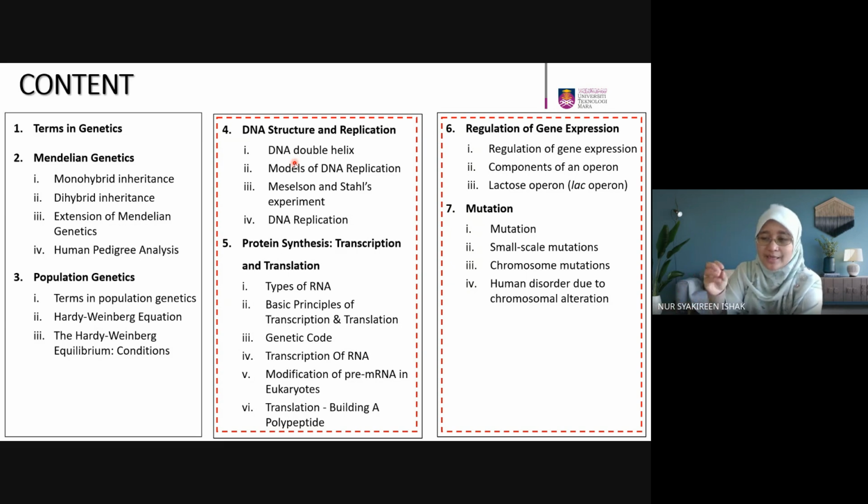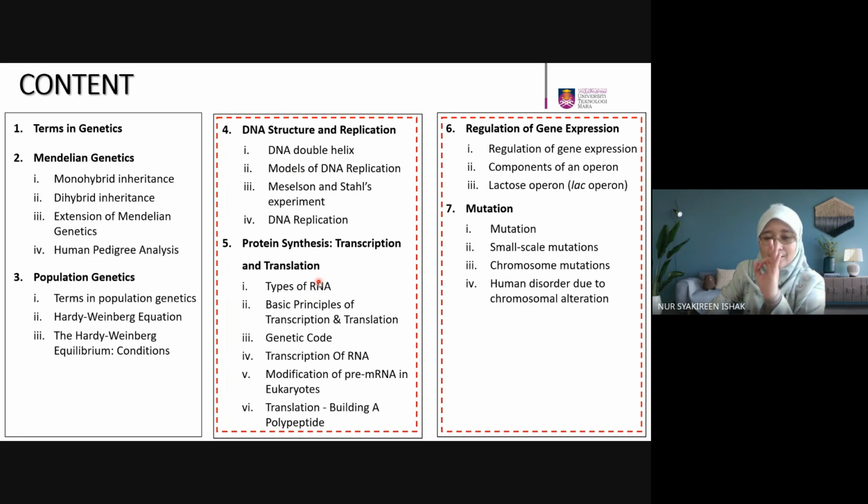So basically for the genetics chapter, our cells are composed of DNA. DNA stores all your genetic information. From that DNA, the information will be used to synthesize protein. So a small section of that large amount of DNA information in your nucleus has to be copied into a smaller molecule. We call it